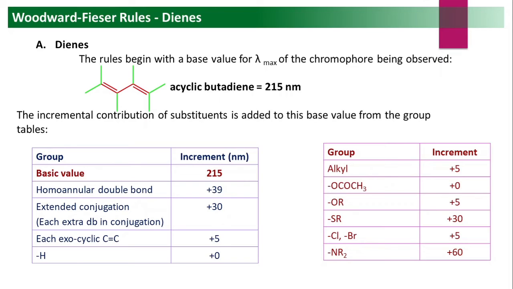So these tables are very important for solving the problems. हे टेबलचे व्हॅल्यू आपल्याला पाठच पाहिजे तरच आपल्याला जमेल. These values you should remember and you should find out what substituents are present in the molecule. According to that you should remember these values and you should be able to add these values to the basic value, then only your lambda max will be correct. हा टेबल पाठ करायचा आहे मित्रांनो, हा लक्षातच राहिला पाहिजे.